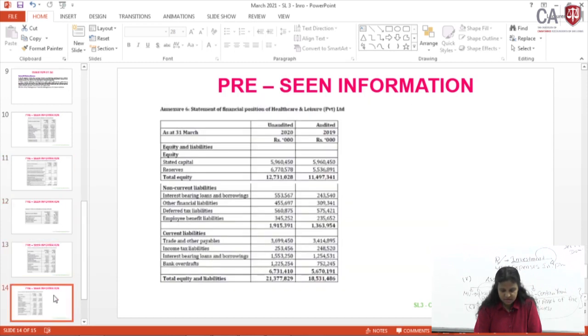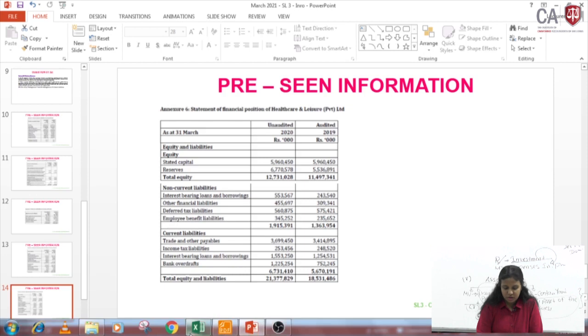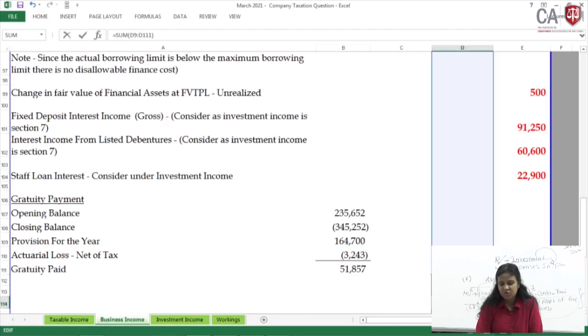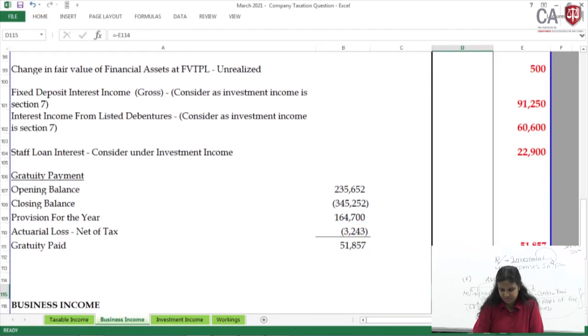It has been given under long term, the non-current liabilities, employment benefit liabilities, opening and closing. You have to take all this information from the pre-seen, and finally what is the gratuity payment. Now the summation of the plus side and the summation of the minus side, we have taken all adjustments, nothing more to do. Then the plus